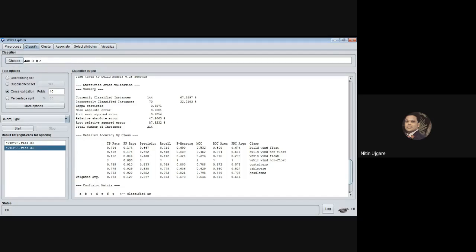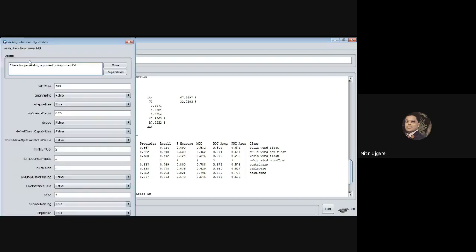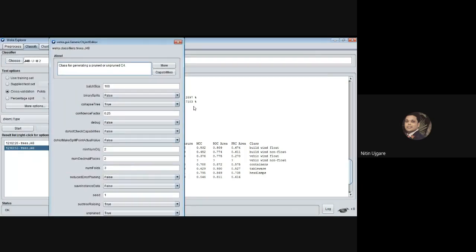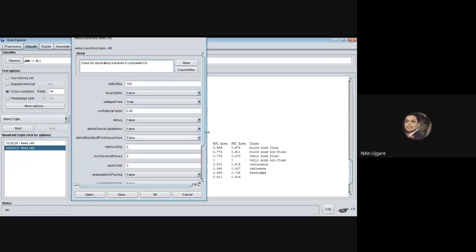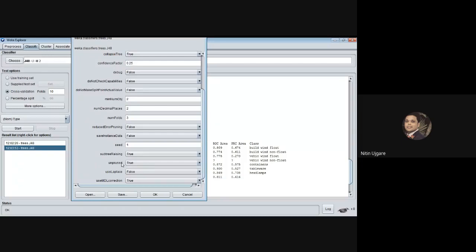Okay, so yesterday we saw how to perform classification using the J48 decision tree algorithm on the glass data set. So today I will show you. We have seen that when we change one of the parameters of the J48 decision tree, specifically the unpruned parameter,